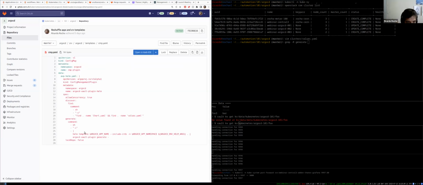So the magic is here. By default, when you use Argo with Helm, you might expect it to do a Helm install. That's not how Argo does it. It actually does a Helm template, generates the YAML, and then applies that to the cluster by default. So in this case, to integrate Vault, what we use is something called the ArgoCD Vault plugin,